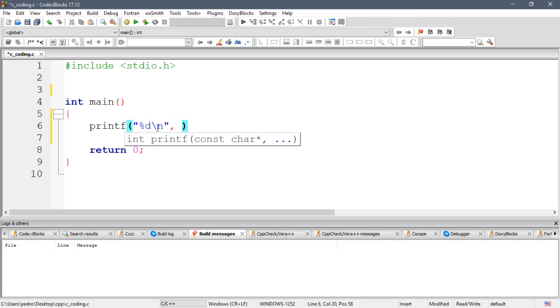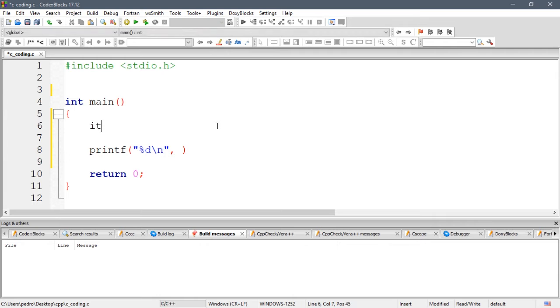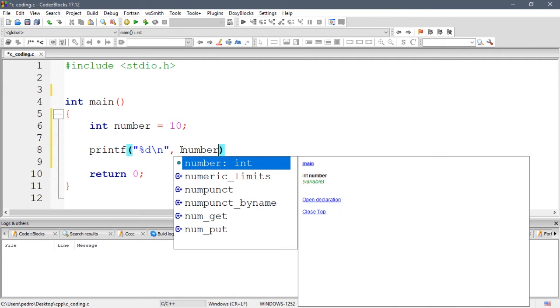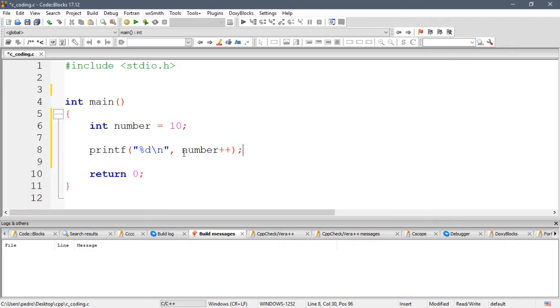So we're gonna do the following. Int number equals 10, and then we're gonna do number plus plus. So we should see 11 here, right? By the logic, because number plus plus means that we're gonna add 1 to this number. Okay, so we should see 11, but